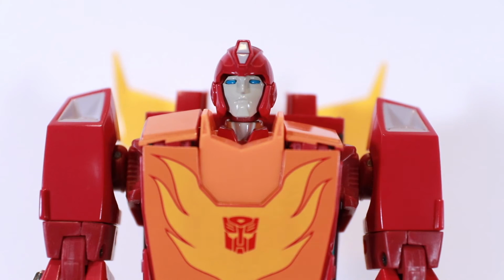Here's a close up of Hot Rod, kind of through the head and chest area. I think they did a nice job with the head sculpt and the face. Looks really good. They've got the eyes right. They've got the face color right. They've got the chin. Probably the only thing that is maybe having some opportunity,